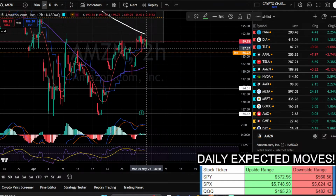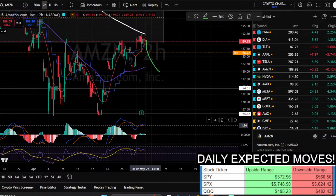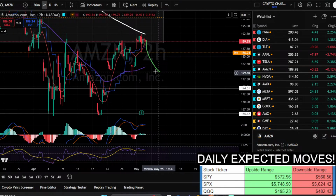Because if this 2-hour is going to have any strength behind it, that means it gets down to here, everyone gets very bearish on it, this still remains close to the center line and curls up and violates all those divergences. That would be fantastic. That's how it remains bullish. Because if you don't do that,